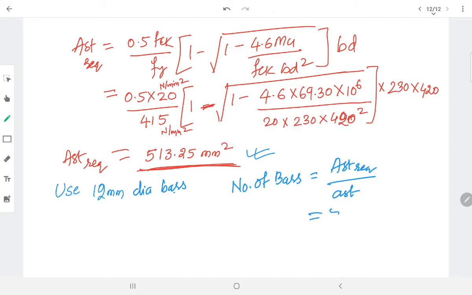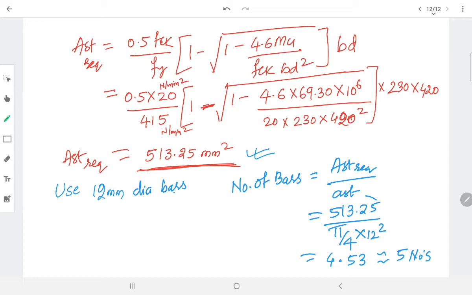So here I'll be writing 513.25. This is the 500 note. And area of one note, that is the value of one note, is how much? That is the area of one bar. Total area of reinforcement required and area of one bar. When you calculate this, how many numbers of bars are required for this beam? When you solve this one, we'll be getting 4.53 numbers. I am not supposed to provide 4.53. I am not able to cut the bar exactly in half, it is a cross section. Instead of 4.53 I'll be taking 5 numbers.